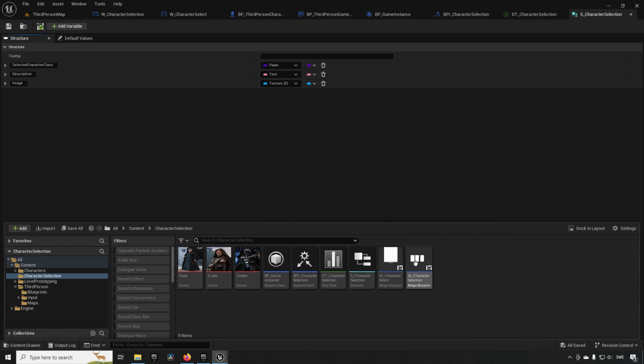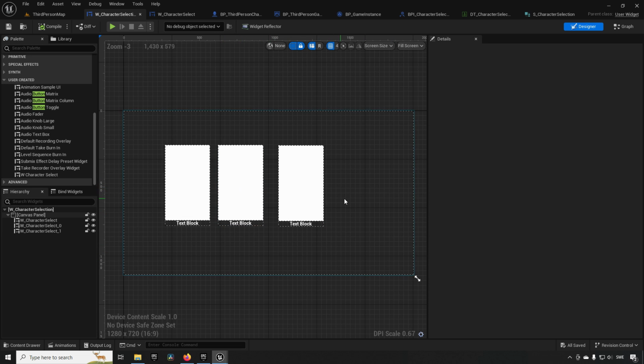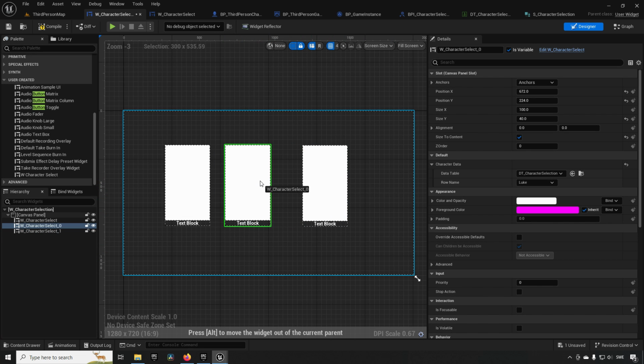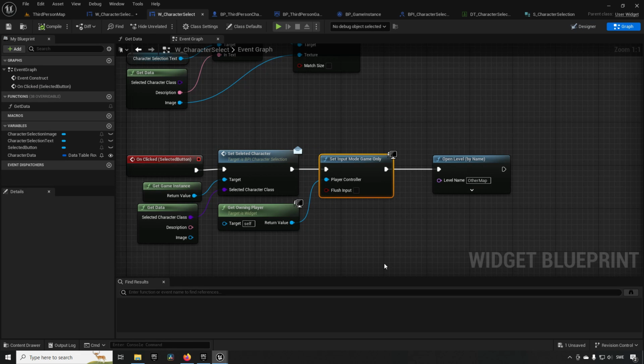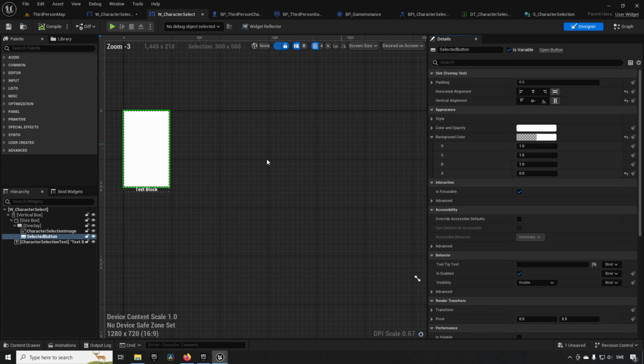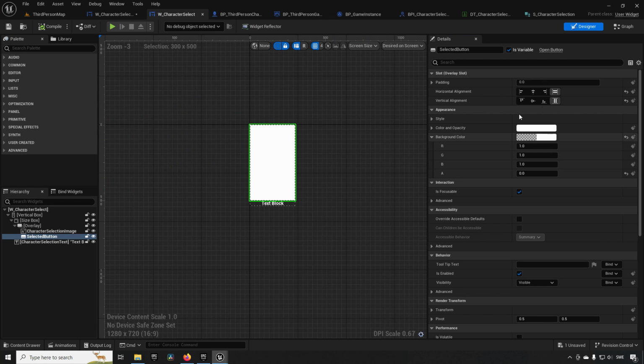We have created a character select widget, which is going to be the overarching one. And of course, this one doesn't look super pretty because it's just sketchily put together to show you the functionality. But this is the main character selection widget that you will be showing when you have your characters available to be shown. And we also have the individual character select widget, which is the widget which represents one of these character selections and has an exposed variable for the